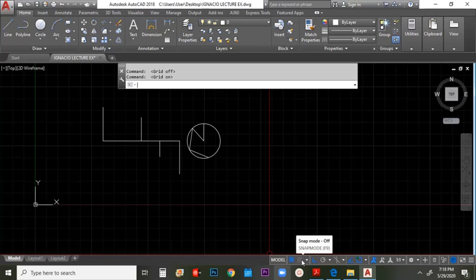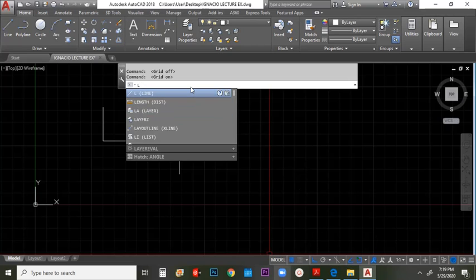Next, we have snap mode, F9. Be sure, as seen on the screen, snap mode is turned off. Next, you have ortho mode, F8. Ortho mode allows you to direct lines horizontal and vertical, or in any orientation. So let's say, for example, I'll create a line. Enter.